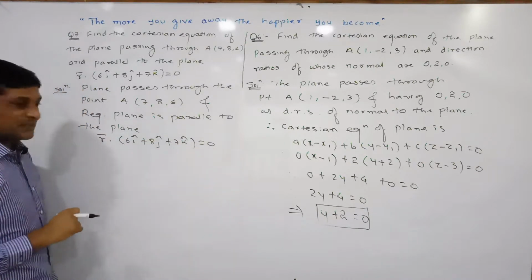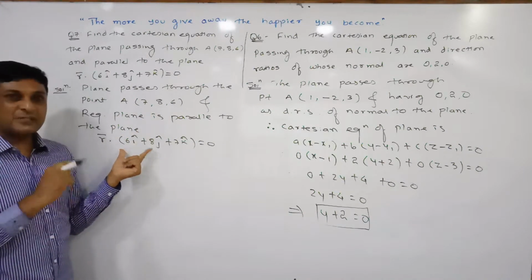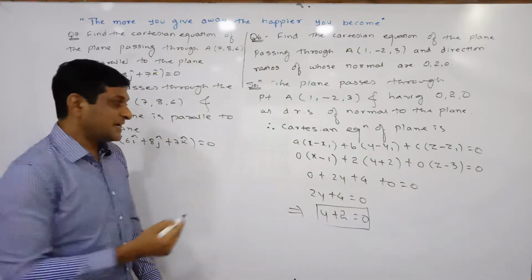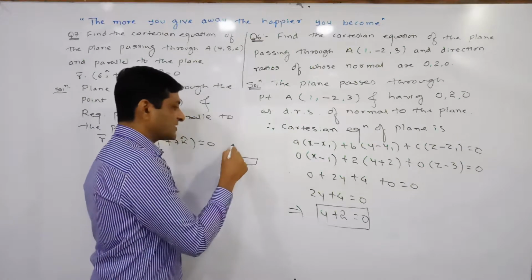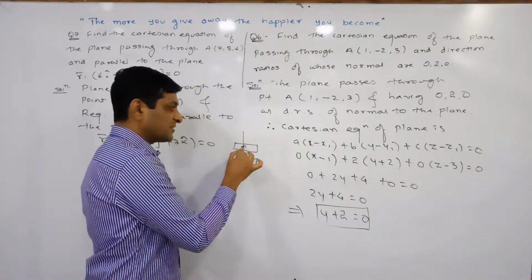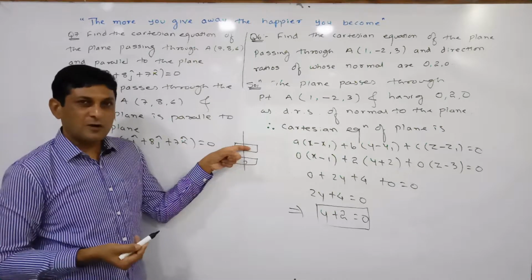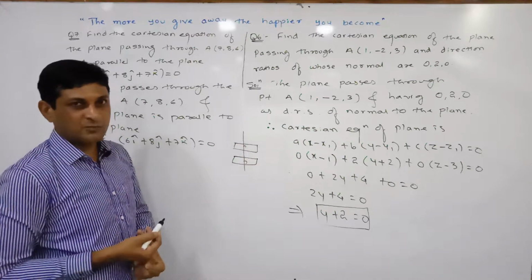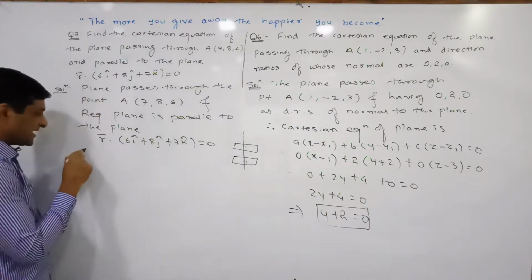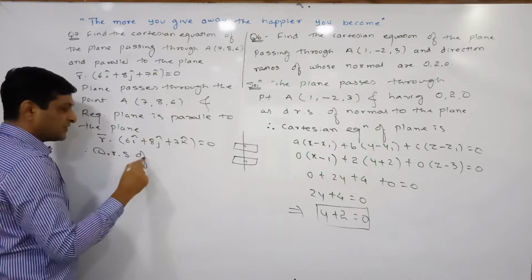This is the given condition. So the point on the plane is given to us and our required plane is parallel to this plane. We know that if two planes are parallel, then the direction ratios of the normal are the same. So let these two planes be parallel to each other. If this is the normal to the first plane, it is also normal to the second plane. Whatever the direction ratios of the normal to the first plane are also the direction ratios of the normal to the second plane, because these two planes have the same normal.